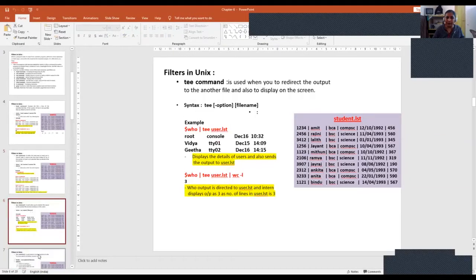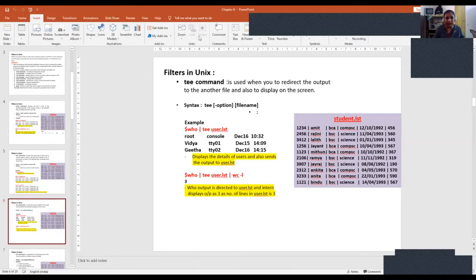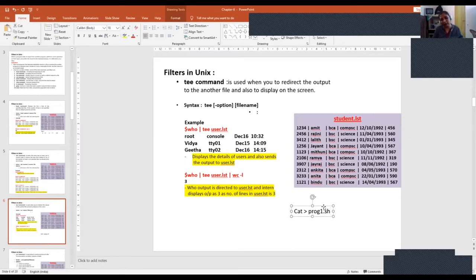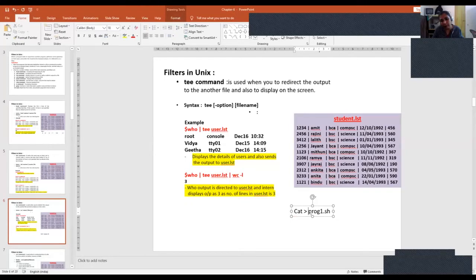Now let's move on to the next command called tee. T-E-E command. See, I think in the last few classes, you would have understood the cat command, correct? When you say cat redirect to program1.sh, you are going to create program1.sh.